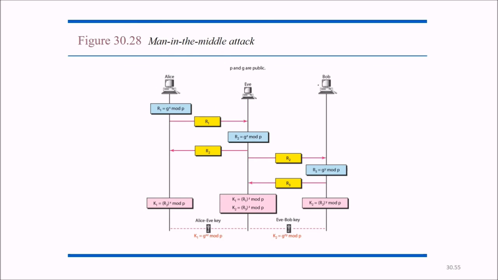But we also have certain things in between, which is, say, the man in the middle. So say an eavesdropper is there, so he can use certain criteria to get these values. So we have to be very aware of the man-in-the-middle attack. Be well versed that our values and the algorithm should be so strong that nobody can actually hamper our communication.